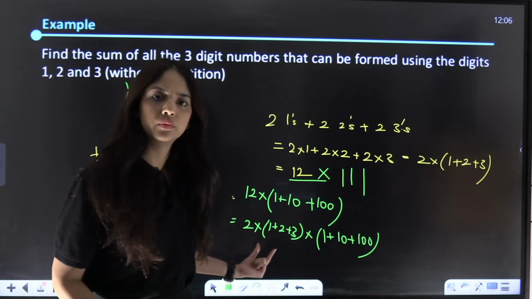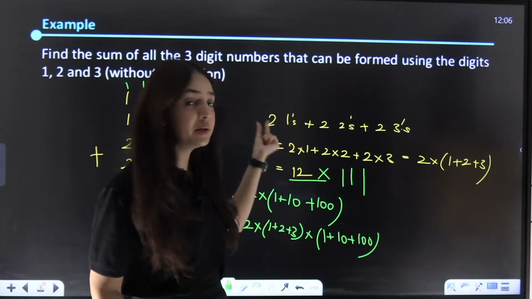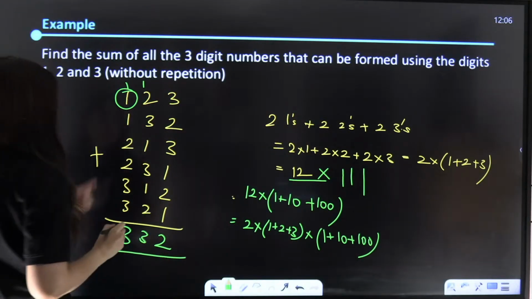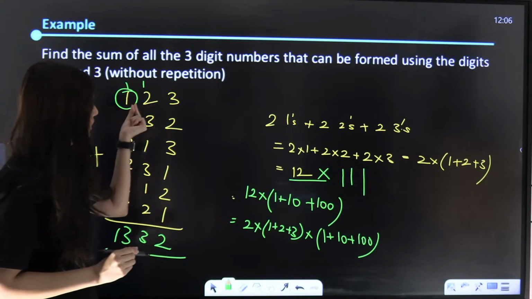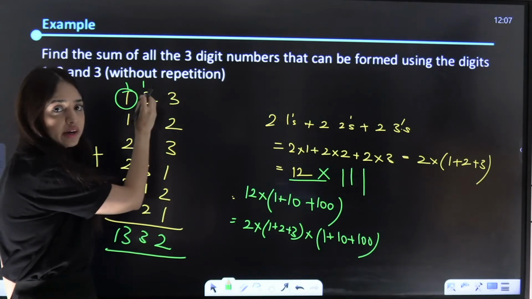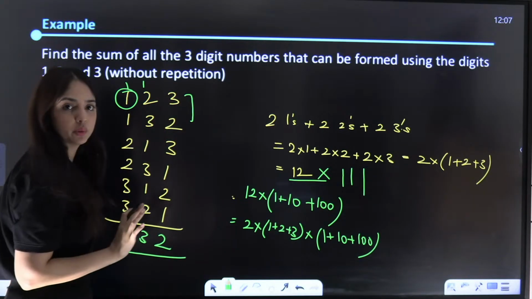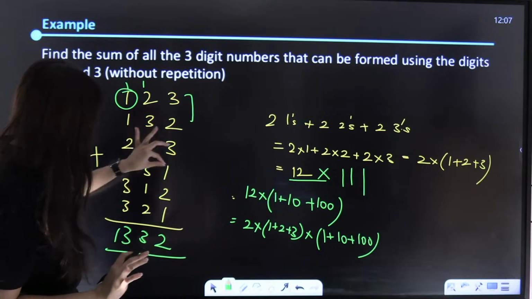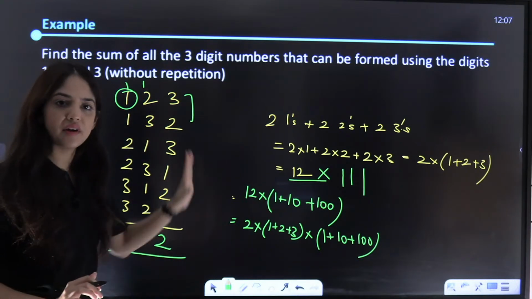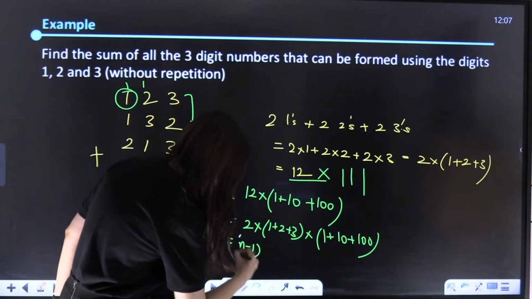What is this 2? 2 is, for each digit, how many possibilities are there? If we fix this one digit, how many possible numbers can we make? 3 minus 1, 2 factorial, right? For each digit we can have 2 factorial numbers, right? We fix one digit anywhere and we get n minus 1 factorial numbers for that digit. So that means this becomes n minus 1 factorial